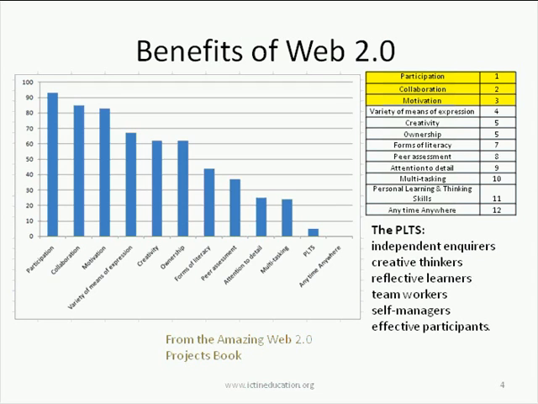And when I say variety of means of expression, what it means is that traditionally in school, pupils can either speak their answers, or contribute orally, or they can contribute in the form of writing, in the form of essays and that sort of thing. But Web 2.0 enables them to contribute in other ways. So it could be making a 1-minute video, for example, or making a podcast, or just discussing things in a forum, or writing a blog post, or even in Twitter. There are really good examples of using Twitter in that book, the Amazing Web 2.0 Projects Book.